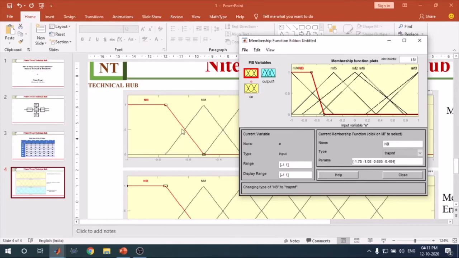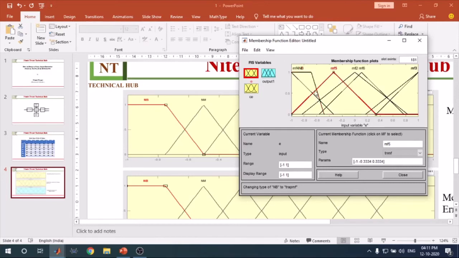As you see in this PPT, which is showing the background, this point is something between -0.7 to -0.8. So you just keep this value at -0.7 to -0.8, and this other value is -0.5. So you just keep this value within -0.5, and this triangular membership function is done.